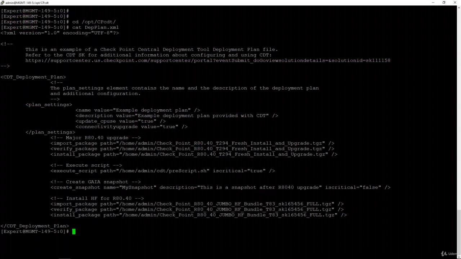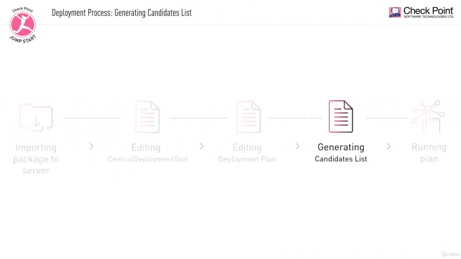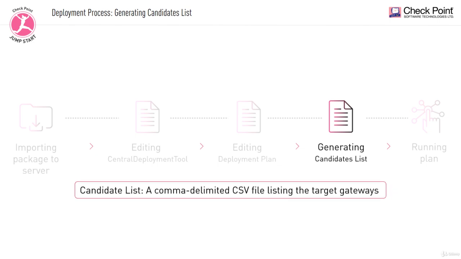In Bob's case, he needs to deploy the latest Jumbo hotfix to all machines after their upgrade. In between those actions, additional actions need to be performed. This includes running a script to update the DNS address on the gateways and taking a snapshot on each and every target gateway. Now that Bob has a deployment plan, he can create a candidate list, which is a comma-delimited